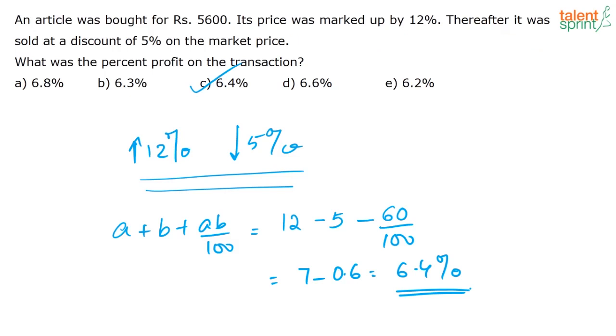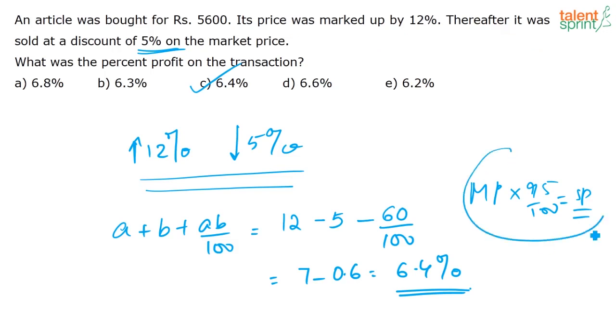Okay. So the actual conceptual way of solving it would be, it is marked up by 12%. So in the previous question, we found out what the marked price was. So give a discount of 5% on that marked price. That is the marked price into 95 by 100, correct? That will be your final selling price. Then look at the selling price and the cost price and find the profit percentage. That is too much of a time-taking process. So best is to solve in this way. Okay. So let's move on to the next question.